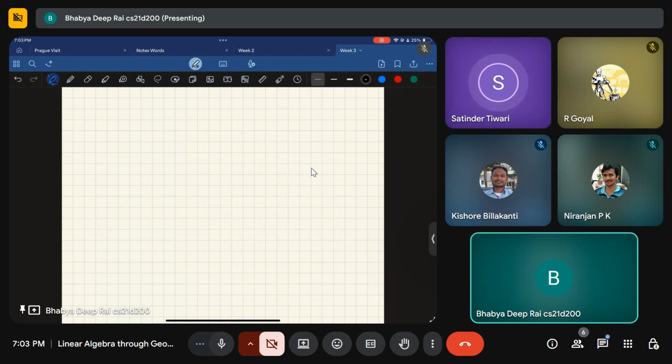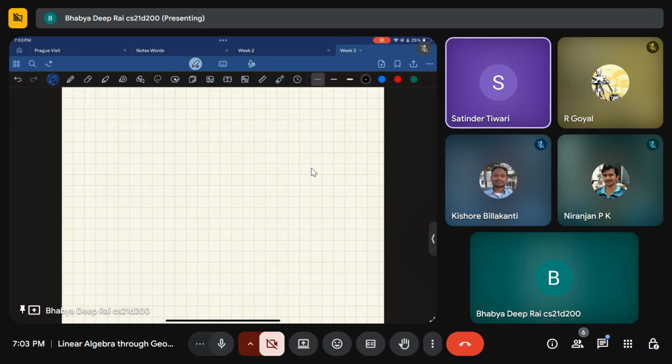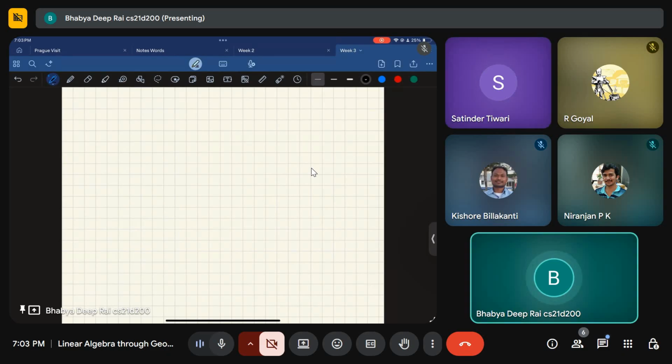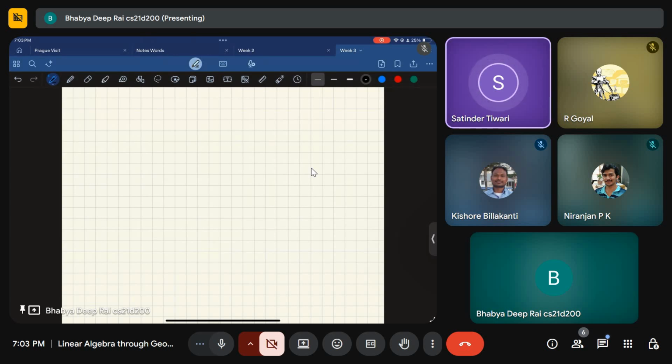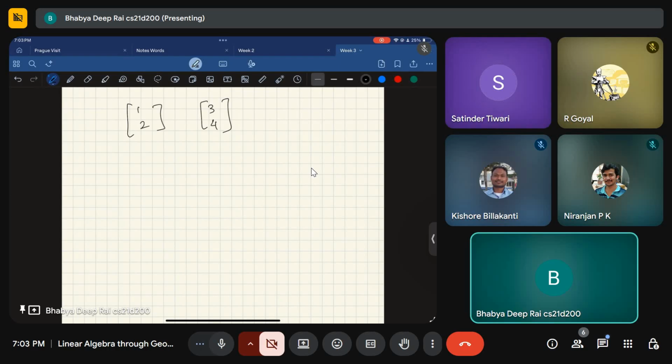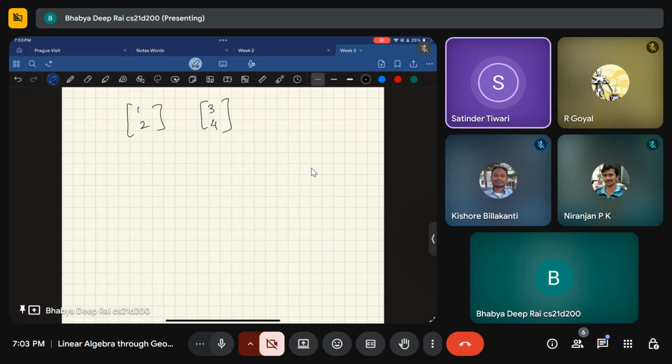From there also we can get a little bit of an idea of how that transformation is helping. Yes, it will just sort of flip the matrix form graphically. Suppose I'm taking one coordinate as 1 comma 2 and another as 3 comma 4. So I have two vectors, one is 1 comma 2 and another is 3 comma 4. If I'm interpreting it as a linear transformation, it means the transpose of the first.